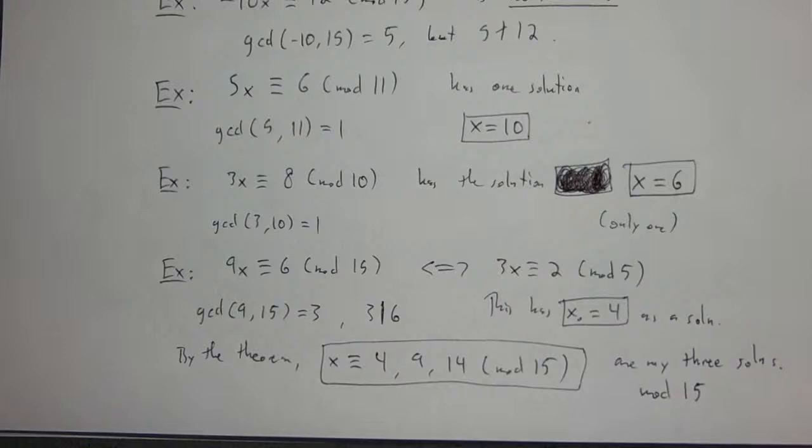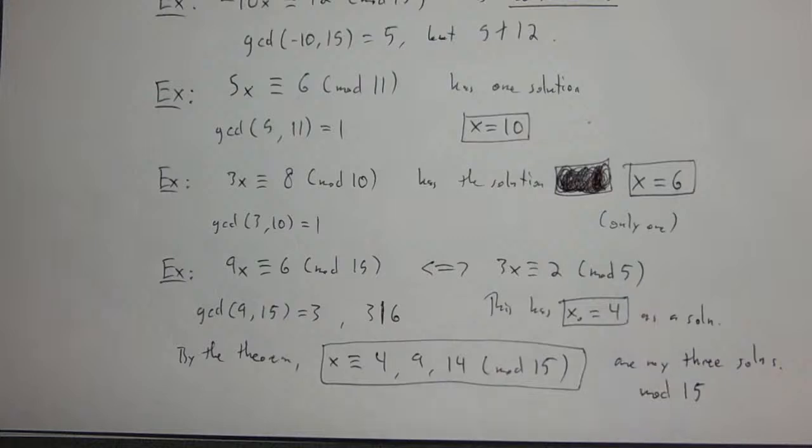So, what does this say? Again, forgetting about how I actually found any of these, we'll just say that I exhaustively checked and noted that this was the case. So, what did I do here? In the event that I had a GCD that divided B, I could divide both sides of the congruence by that and get a new congruence. Solve the new congruence. In that case, I get a unique solution, and you can think about why that is because you're dividing by the GCD. So I get a unique solution mod my new modulus,